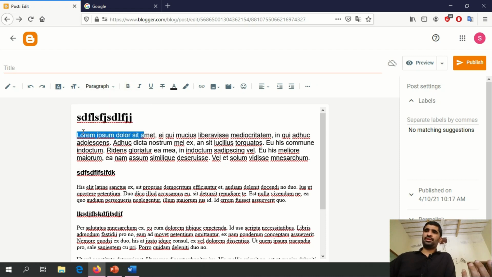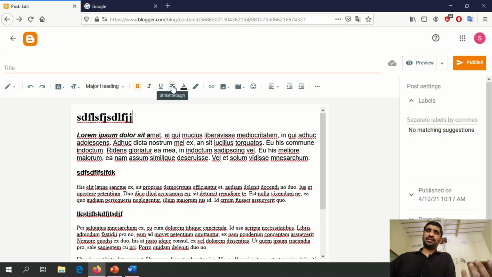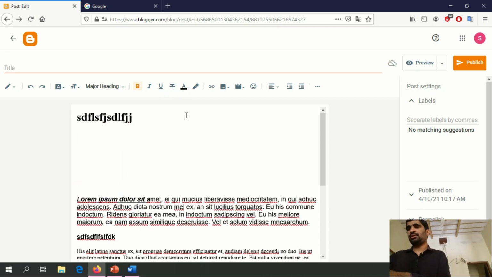To bold, simply select the text and select this B. For italic, for underline, and this is the strikethrough. Strikethrough means, for instance, you have an e-commerce website and you have some product with a price of $450, and now there is some kind of sale.